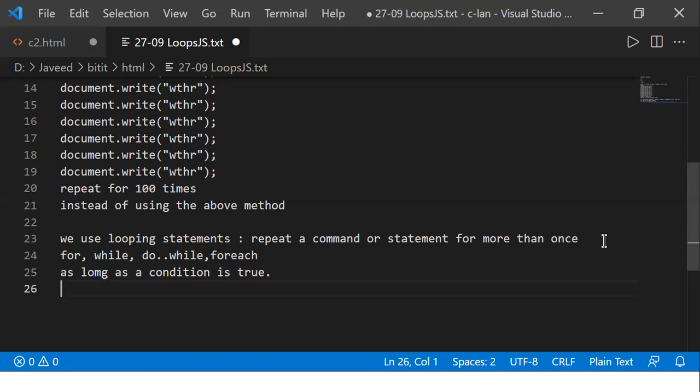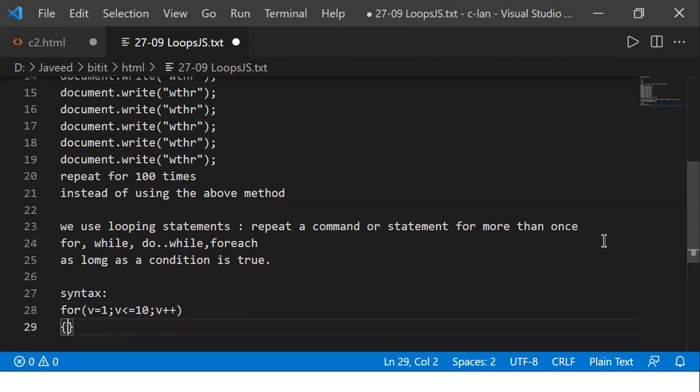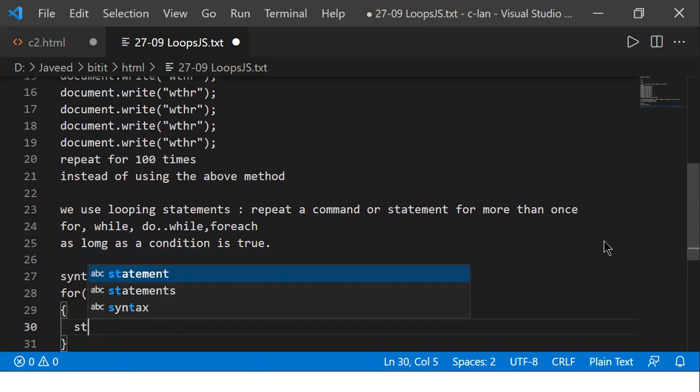For example, when I talk about the syntax of for: for, open the parenthesis, you give some variable is equal to some value, for example 1, then the variable less than or equal to some condition, semicolon, v plus plus. You call it an increment or decrement.